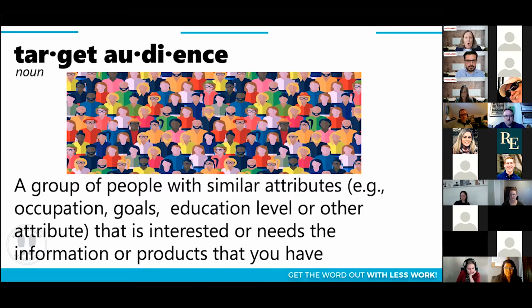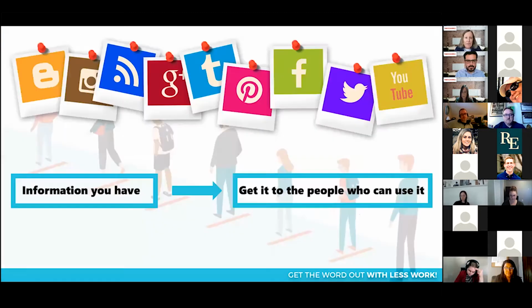And what about a goal? What might be some similar goals to think about? Well, maybe you as state managers, your goal is to reach 80% response rate on the next EMSC survey, and perhaps NEDARC and others can help you with that. So when you think about that, think about attributes of your target audience.